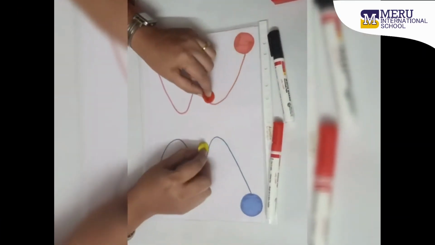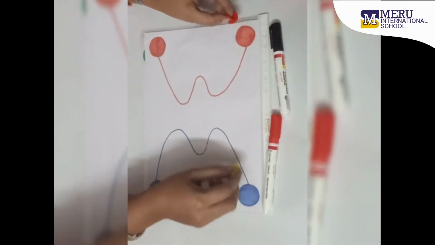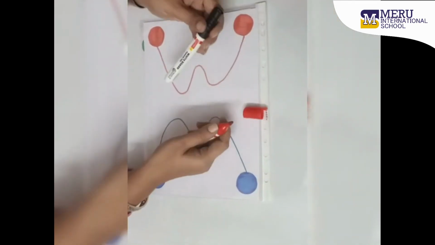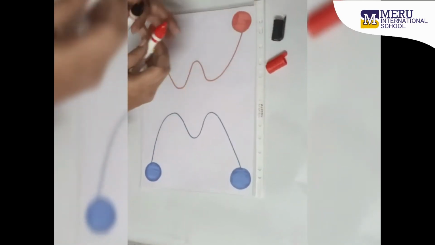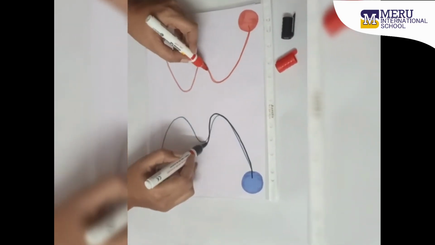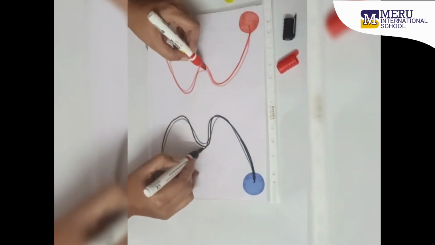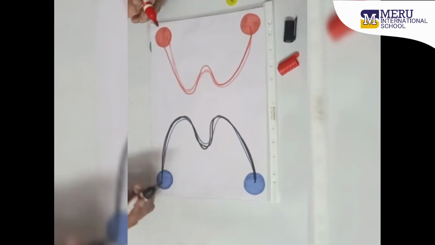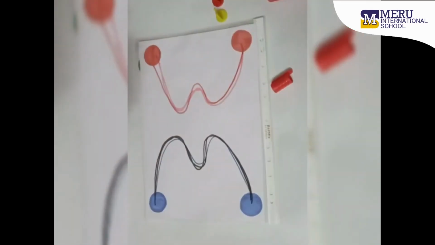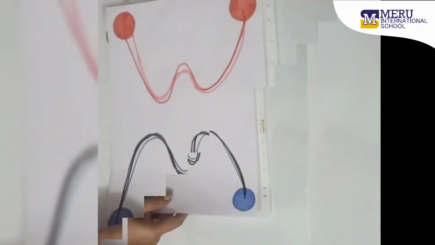Once your child is able to do this with the coins or the caps, you can ask the child to take two different color markers and draw on the line with both hands together. He can make multiple patterns with the markers. Not only this, he can make trees, butterflies, etc.